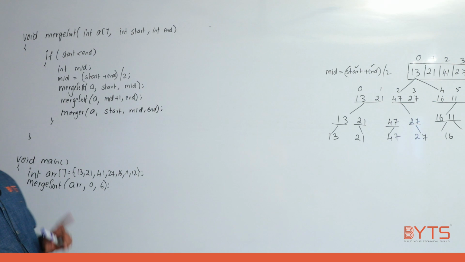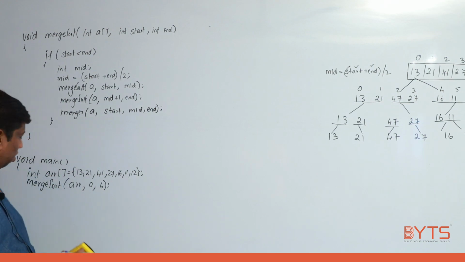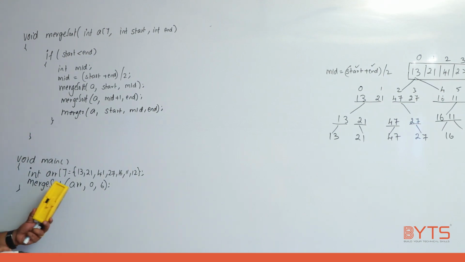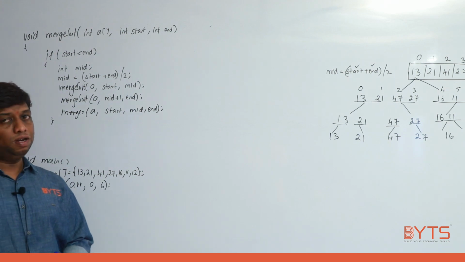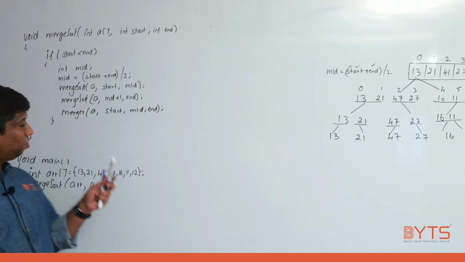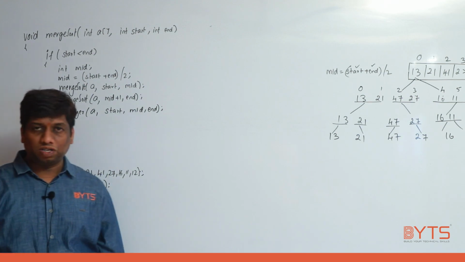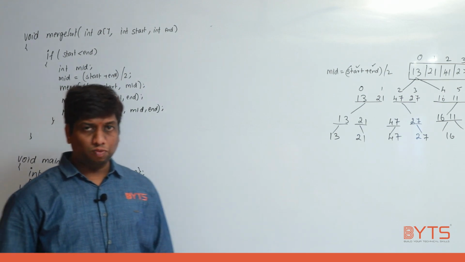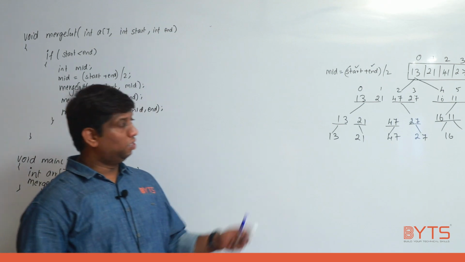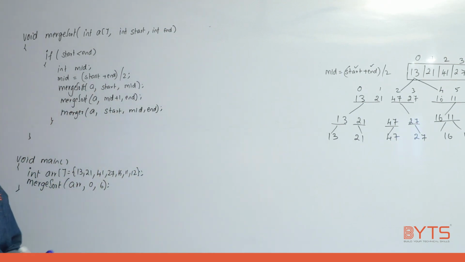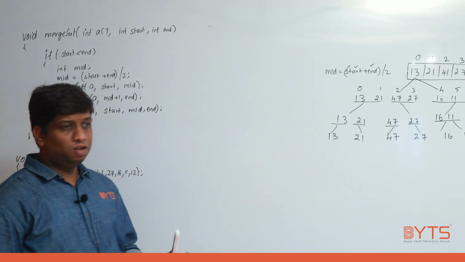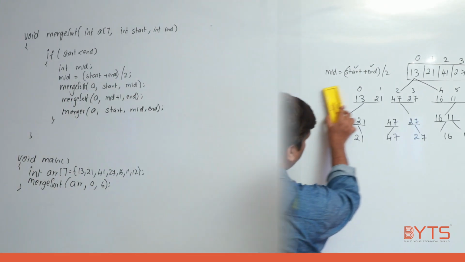Now listen, in this program how many functions do we have? The main function, the merge sort function, and one function I erased, right? What was that function? The merger function. So compulsorily you should write the merger definition. If you don't write the merger definition, then your algorithm won't work. Understand, this is very important. Okay, fine. Now we need to trace this algorithm.